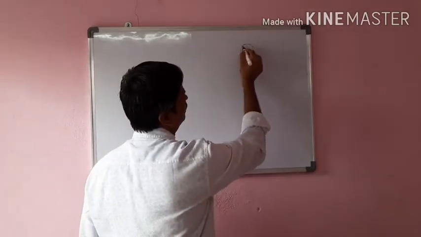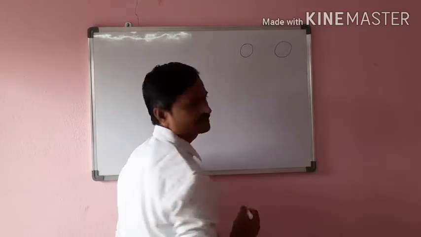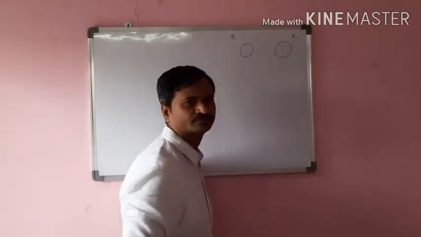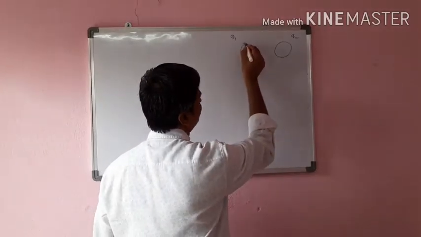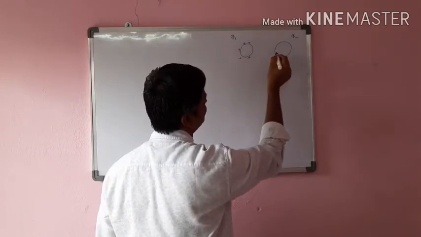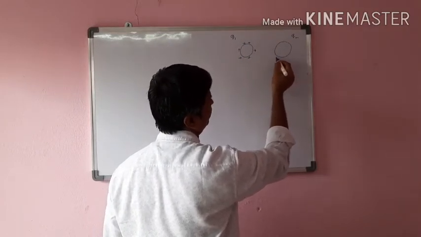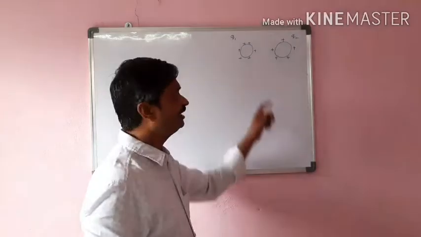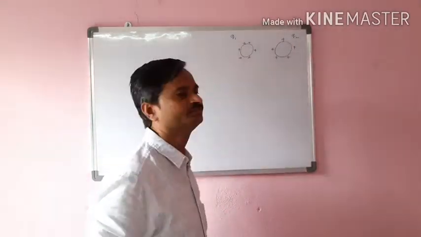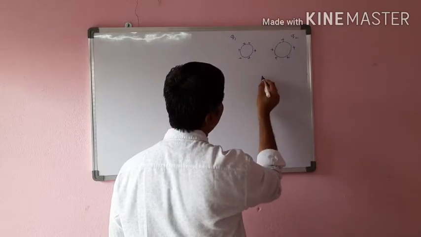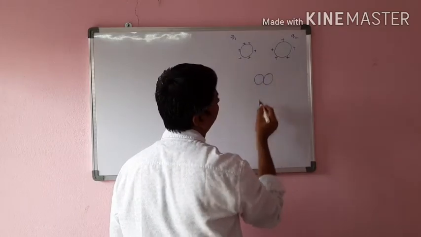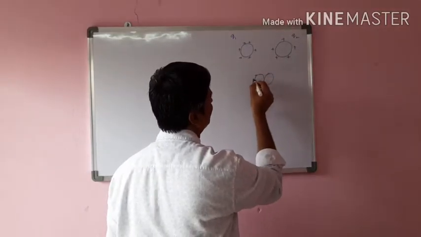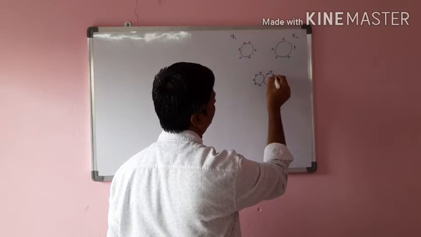Here, these two are two identical charges. Let us say this charge is Q1, this charge is Q2. Now, the charge on this will be Q1 and the charge on this will be maybe plus or maybe minus, you can take anything. So, Q2. You see, the charge is always on the surface of the body. When these two are brought together, these two are identical bodies. When these two are brought together, the charge is shared equally on them.